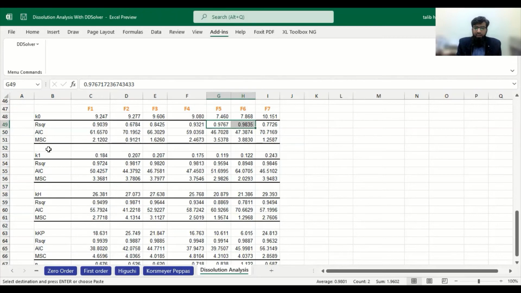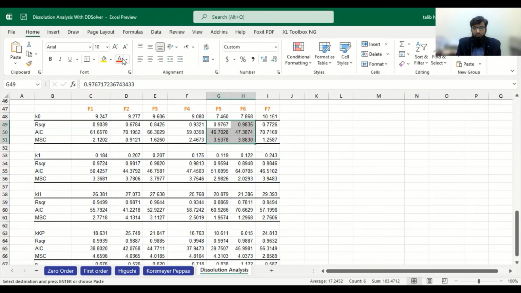Depending on AIC, I have told you if the AIC is 50 or lesser than 50, then this model is selected. Here you can see for these 2 formulations, the AIC value is lesser than 50. And the MSC value should be 4 or greater than 4 for a system. Even values between 3 or more than 3 can be accepted. So here it is more than 3. So for these 2 formulations, we can say that they follow the zero order model.